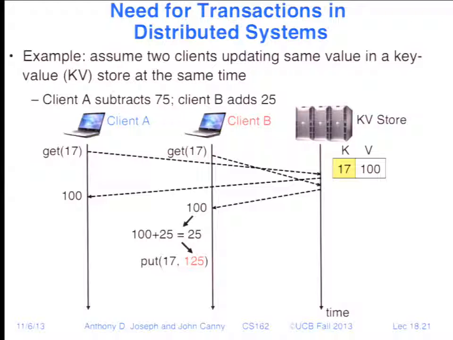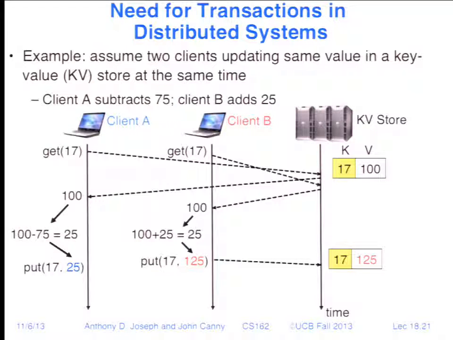If client B is able to update it quickly, they're going to push a new value, which is their value. In the meantime, client A is still working on their update. Eventually, they finish doing it. They actually decremented or decreased the balance. So the decreased balance goes in there, but the correct answer should have been